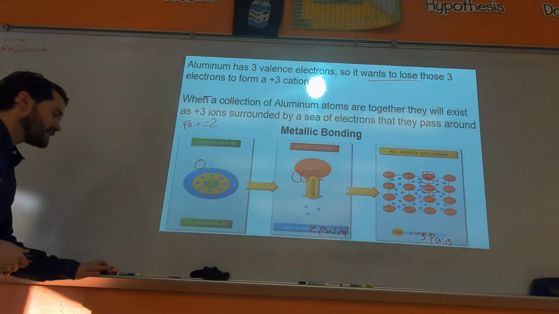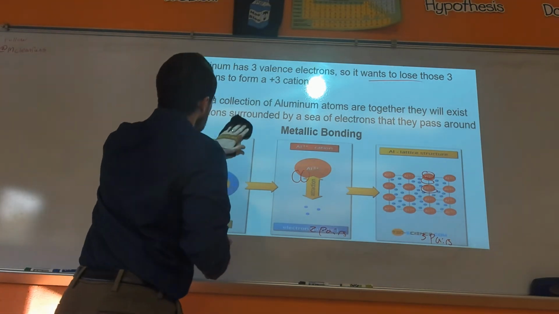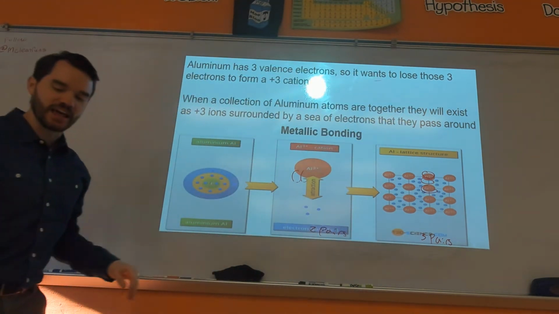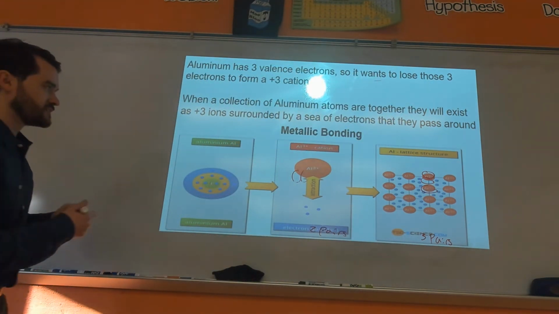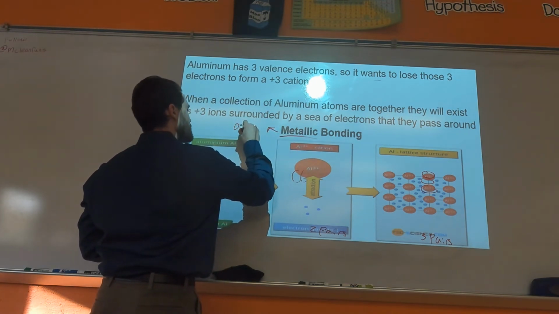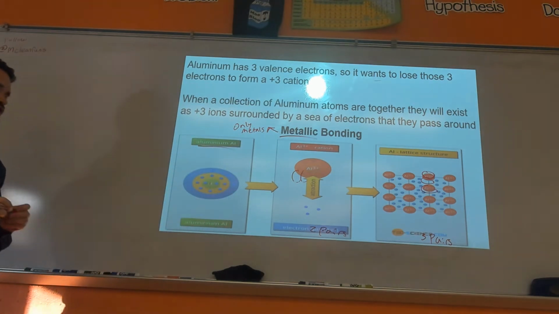Okay. Getting into metallic bonding. So metallic bonding is interesting. This is only metals here, right? Metallic bonding is when it's only metals coming together. So here we're looking at aluminum. If you have a bunch of aluminum atoms coming together,